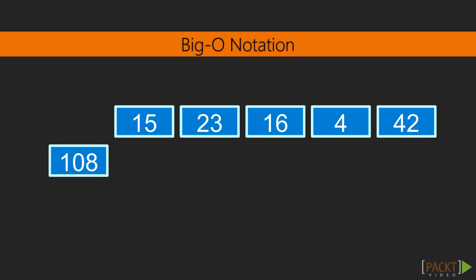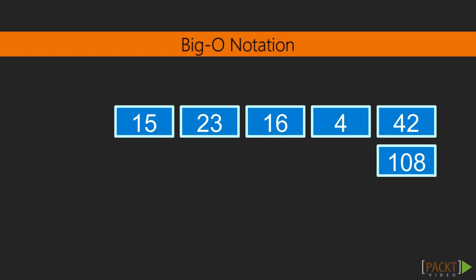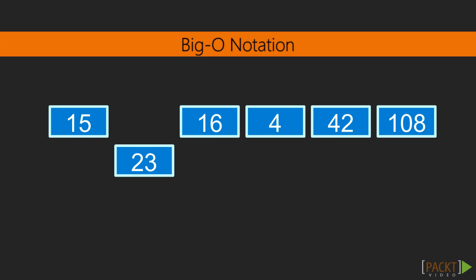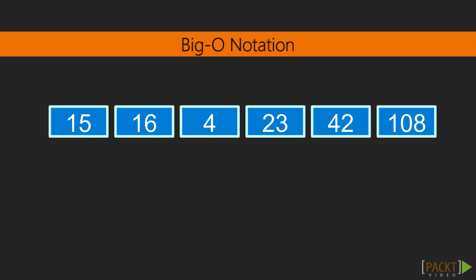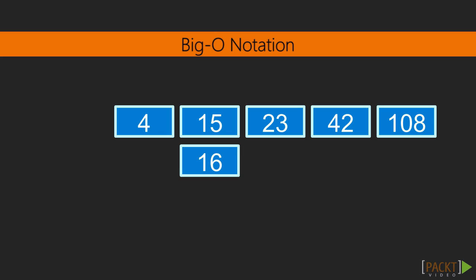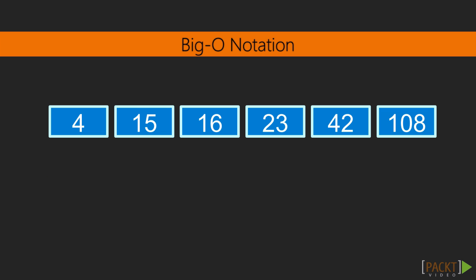First, we take the first number in the list and compare it to the number next to it. If the number on the left is greater than the number on the right, we swap both numbers. If the number on the left is less than or equal to the number to the right, we ignore it and go on to the next step. Now we compare the next item in the list to the one next to it. We repeat the steps until we reach the end of the list. Then we start over again until no swaps were required throughout the pass, at which point the list is fully